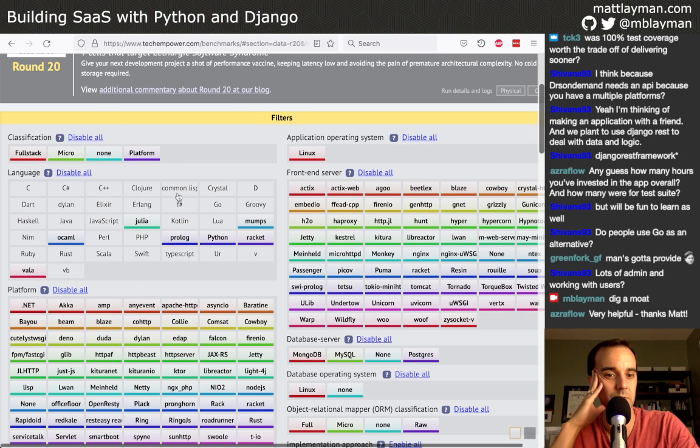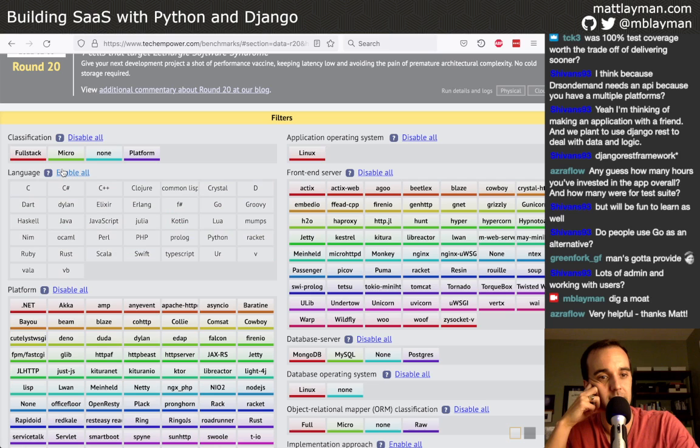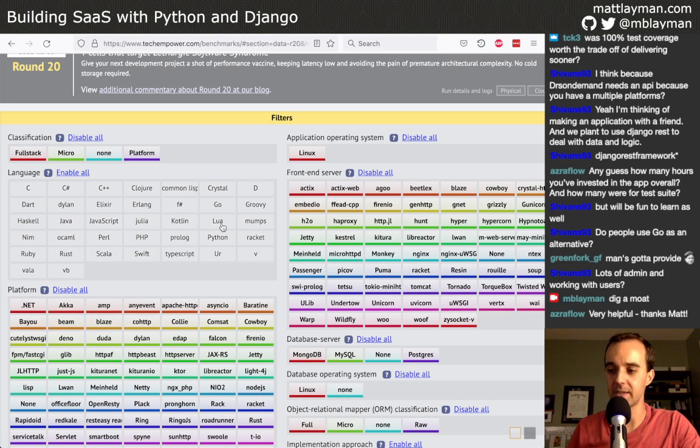Apparently it's remembering a previous version that I looked at had a bunch of stuff in it. And you can come in here and you can see how your stuff stacks up. Now, I will say this is going to bias towards certain aspects, like performance. This is about benchmarking, so this is very much a performance and latency focused site.